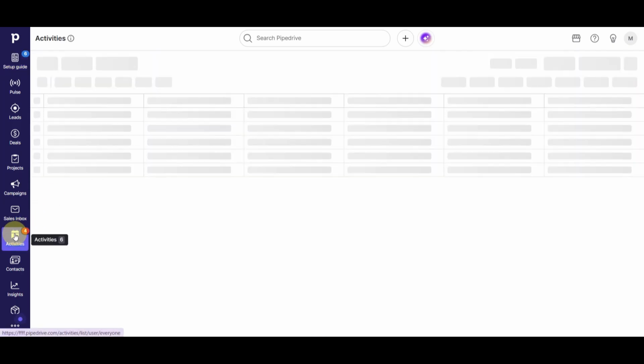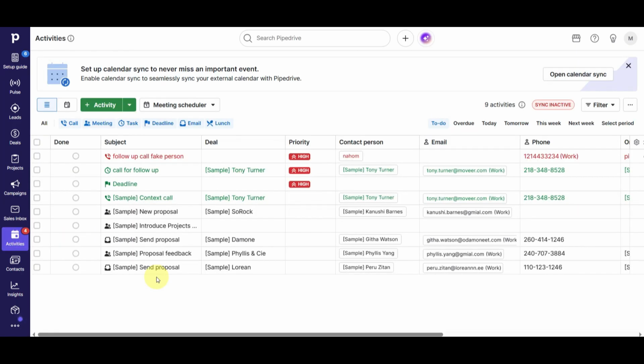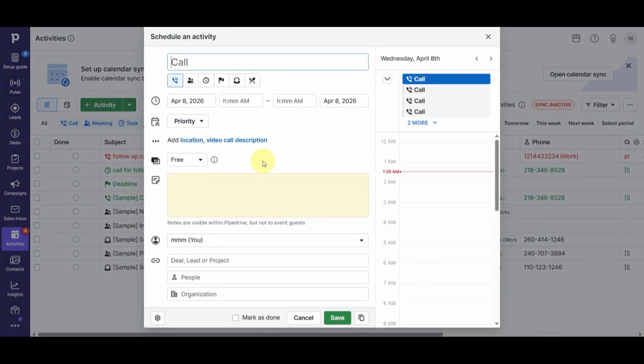This area serves as the central hub for all your tasks, including calls, follow-ups, and meetings. Inside the Activities section, you may see your tasks displayed in a list view or a calendar view. Both views allow you to manage upcoming activities, but the Activities section is where you create and organize everything related